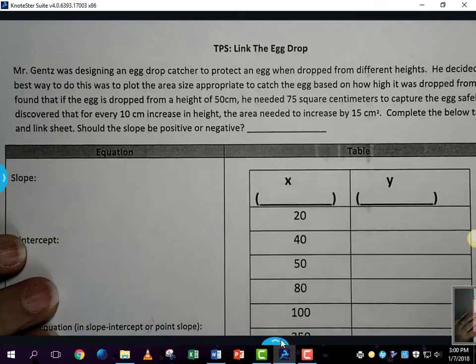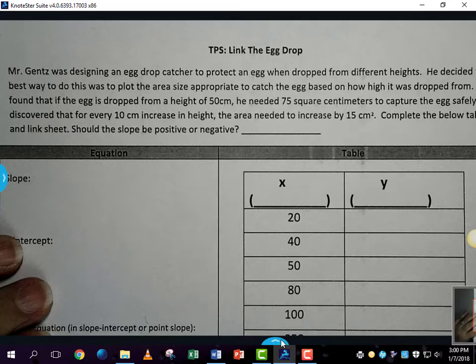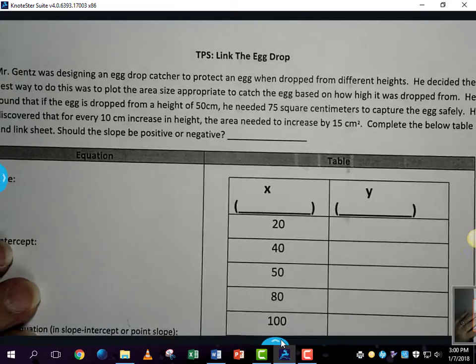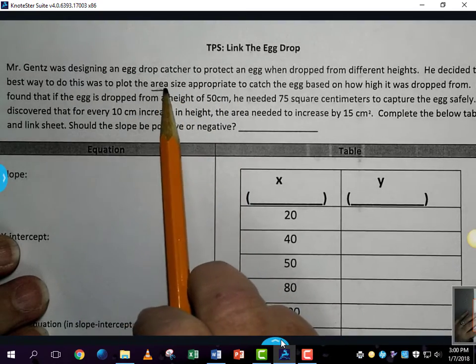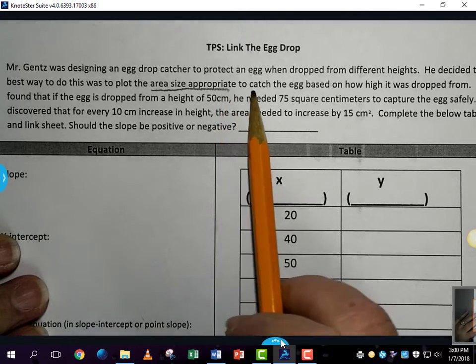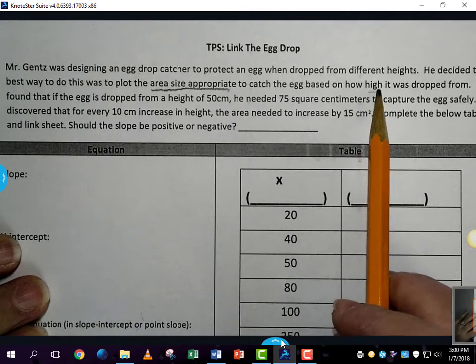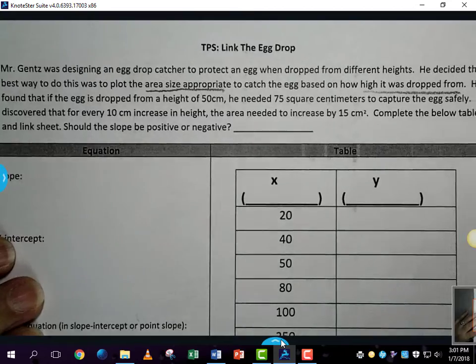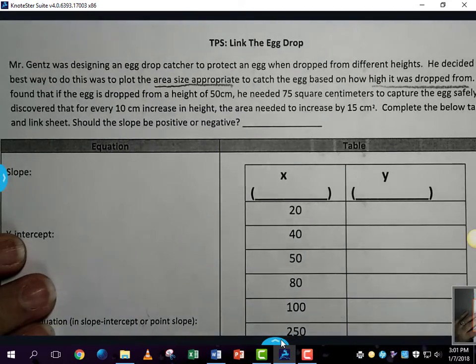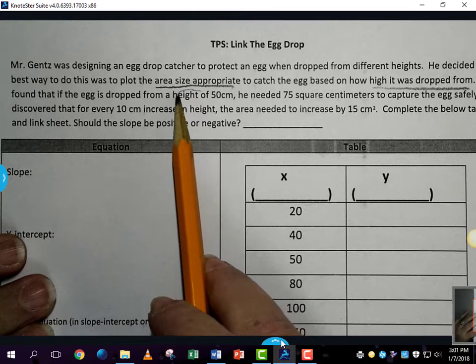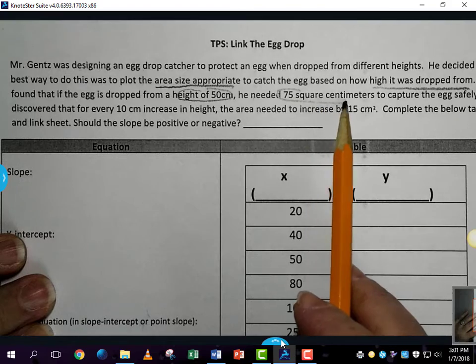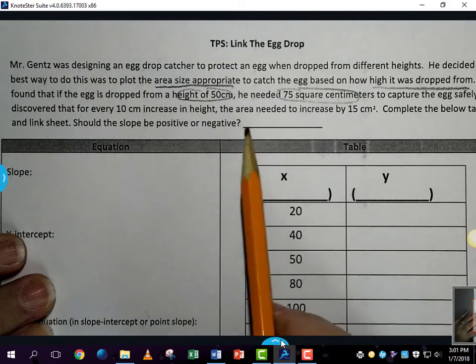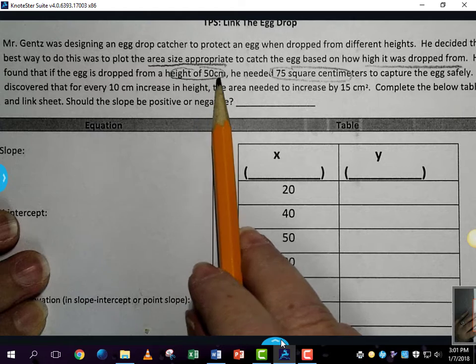So on this one that you were already given, it says Mr. Gibbs was designing an egg drop catcher to protect an egg when it dropped from different heights. He decided the best way to do this was to plot the area size appropriate to catch the egg based on how high the egg was dropped from. He found that if the egg is dropped at a height of 50 centimeters, he needed 75 square centimeters to capture the egg safely. So at a height of 50 centimeters,